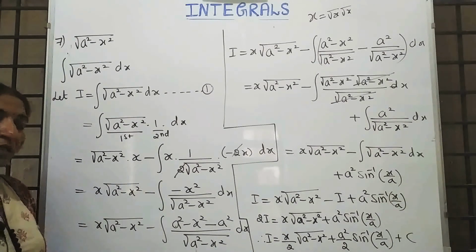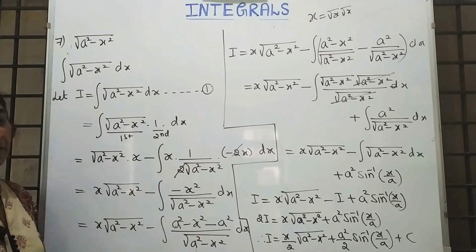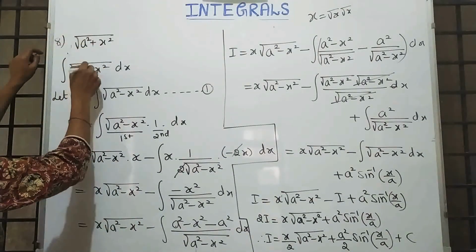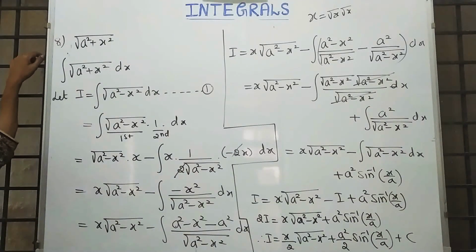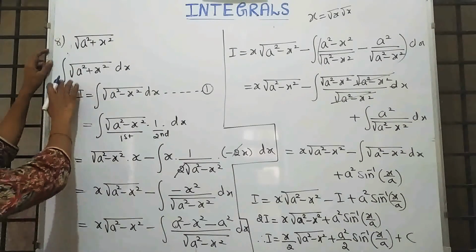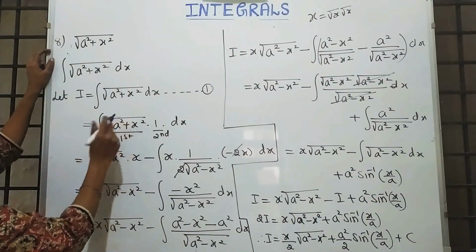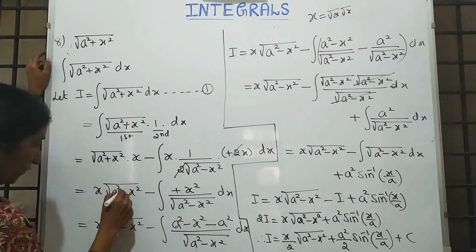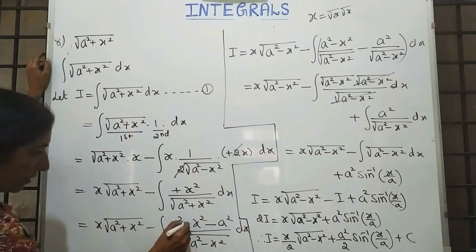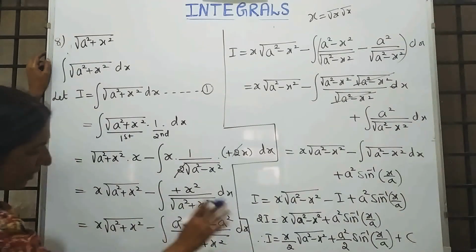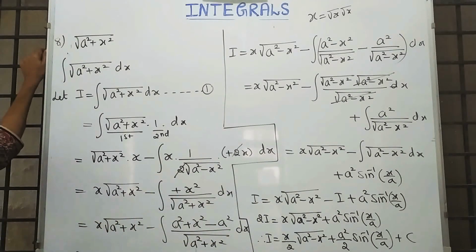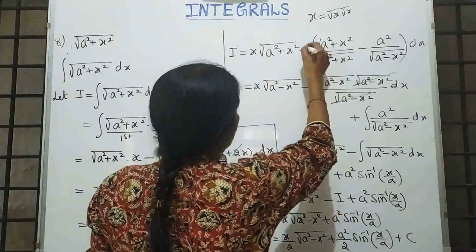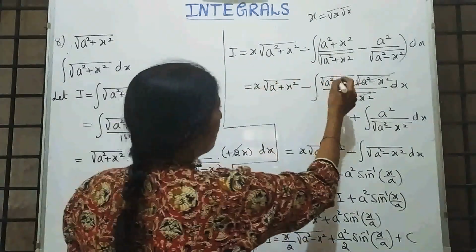Next, in the 8th one, I will make the small corrections here only. 8th is find the integral of root of a square plus x square. So let I, I am taking this as a plus. Same, this is the first function, second function, middle plus comes here. This is a square plus x square, the same thing, plus a square plus x square minus a square. This is middle minus because of the